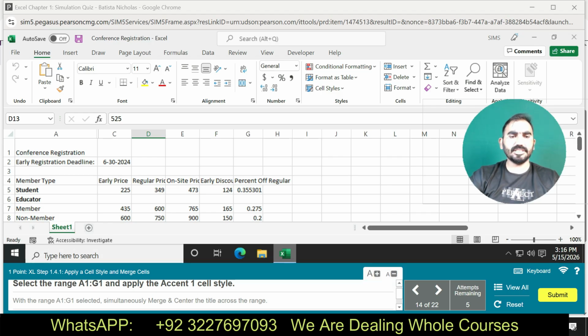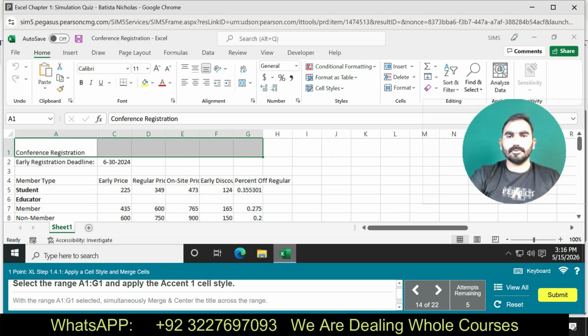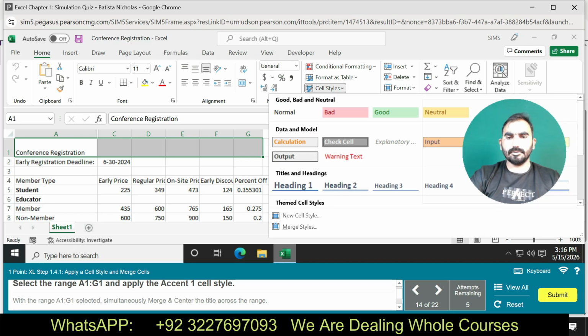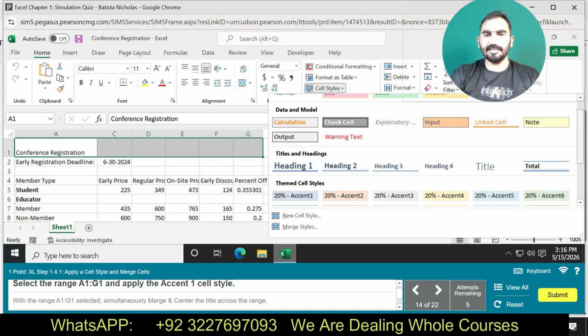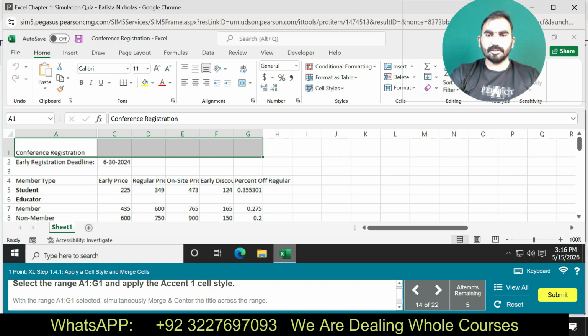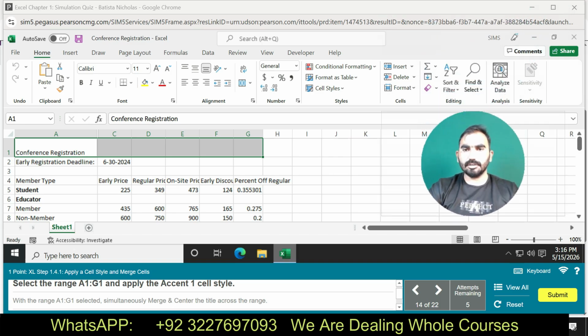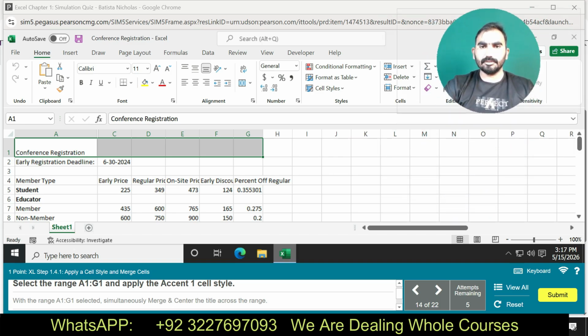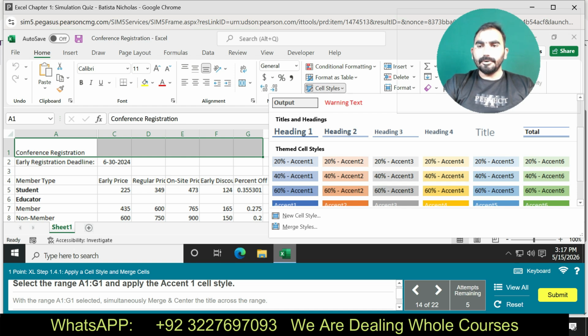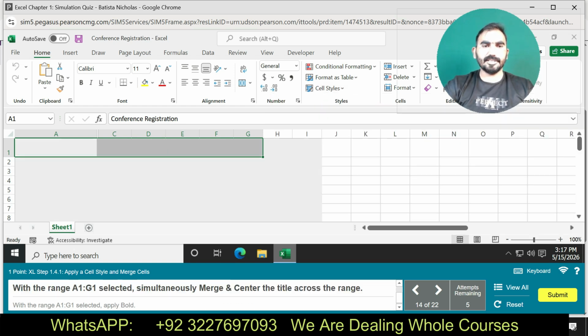Select the ranges A1 to G1 and apply Accent 1 cell style. Here you can see I am going to do this one. Now I am going to apply the Accent 1 cell style.